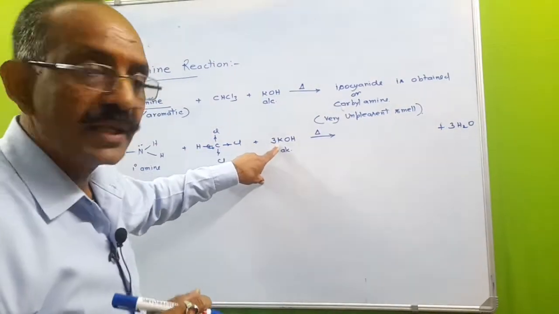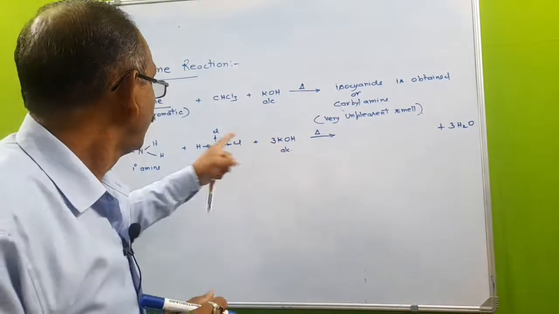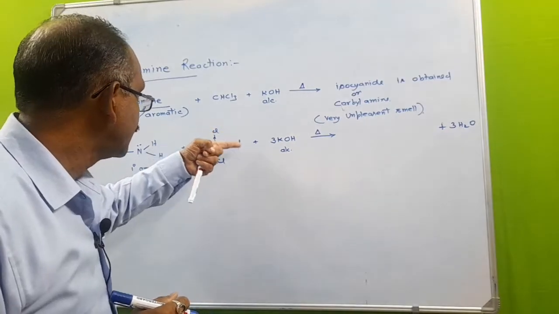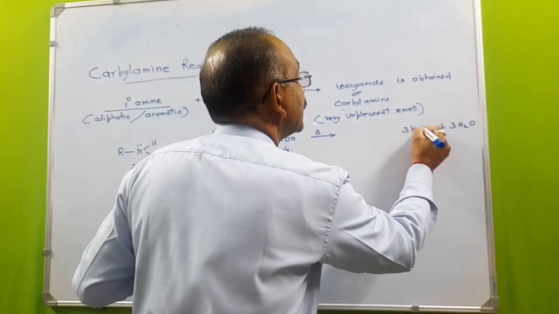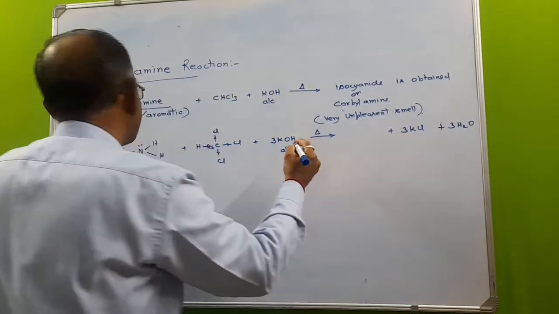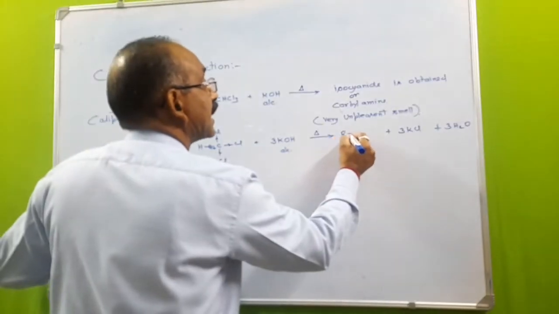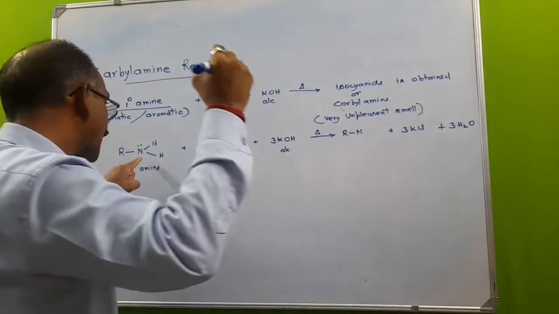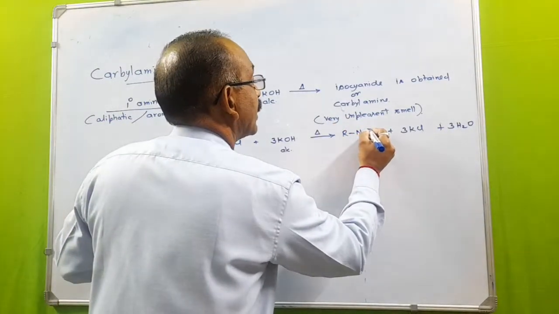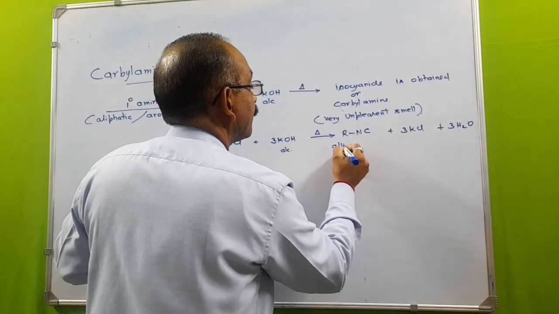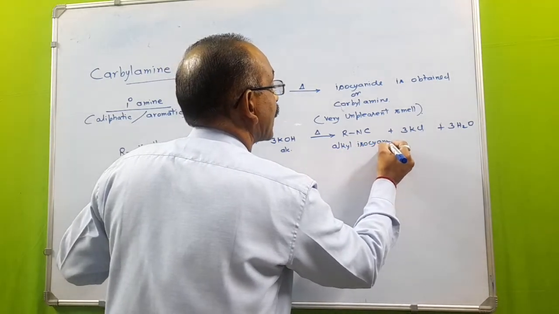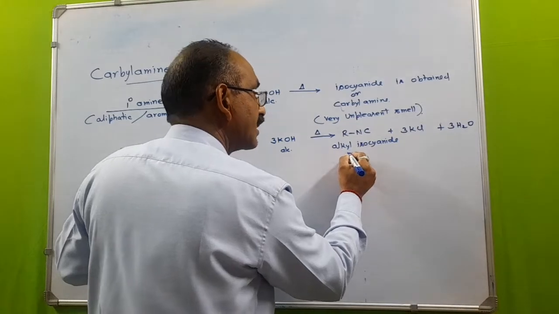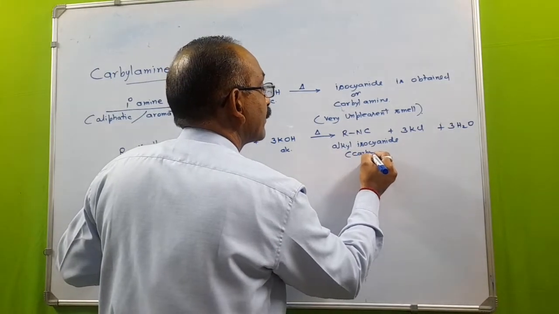The remaining 3 K plus will come out with these 3 Cl minus in the form of 3 KCl. Now what's left here? It is R and N. Now nitrogen will form bond with the carbon, and we will get here alkyl isocyanide, that is a carbylamine,